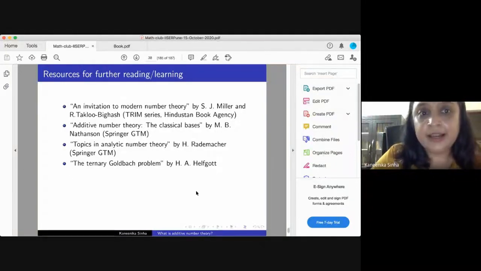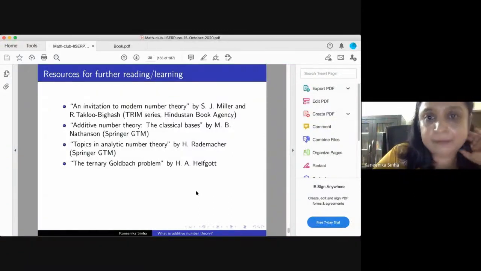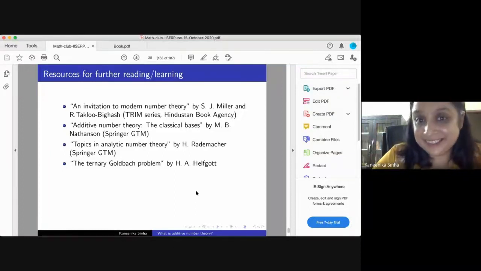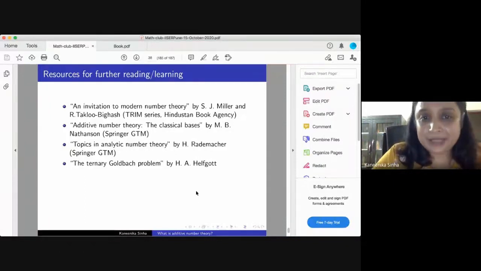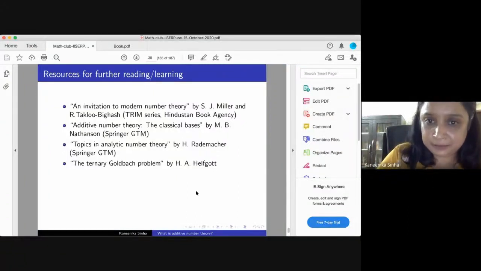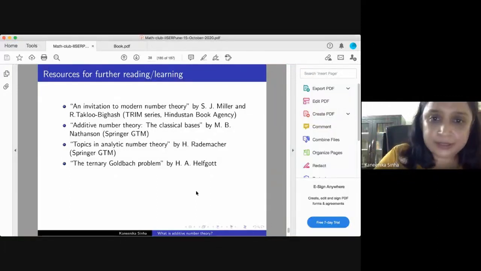I like this book a lot. It is basically like a problem book. They cover all major developments in number theory until recently, including concepts like random matrices, in a very problem-solving type of format. Just as Ramanujan learned mathematics by working on problems in Carr's Synopsis, you can take up An Invitation to Modern Number Theory and work through its problems. On the other hand, when you are learning something new and you like having things written out in front of you in a very precise theorem-proof way, and there's nothing wrong in that, it's your approach to learning, then